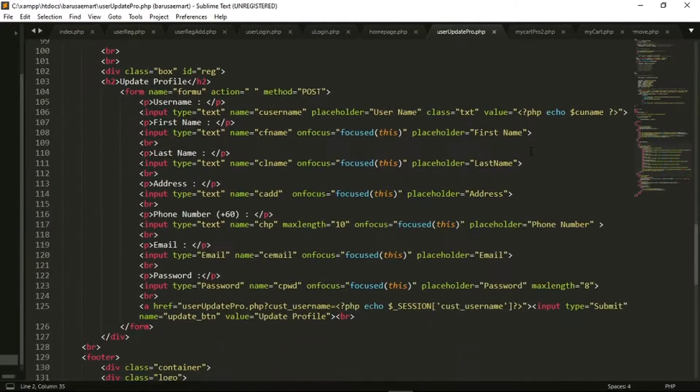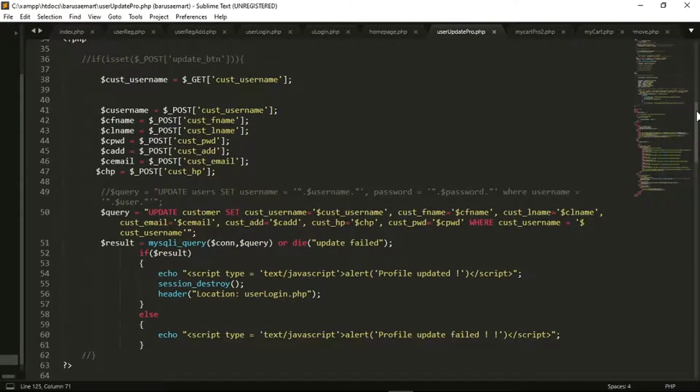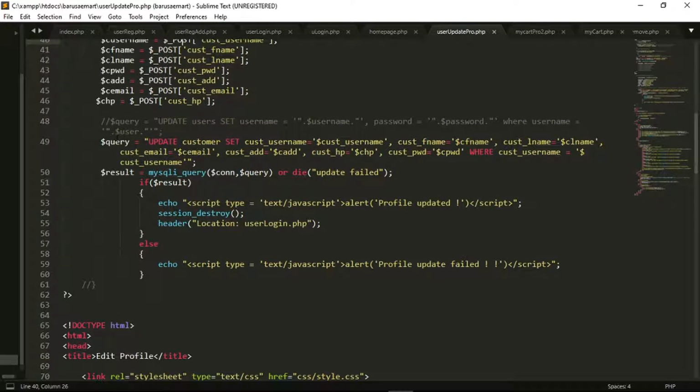At first, it will show a form, which consists of their username, customer first name, last name, address, phone number, email, password, and then we have a button. After we click the button, it will go to this PHP part, which will receive get using get customer username, and then we have post: customer username, first name, last name, password, address, email, and phone number. And here is the query for update, which is update customer set customer username equals to